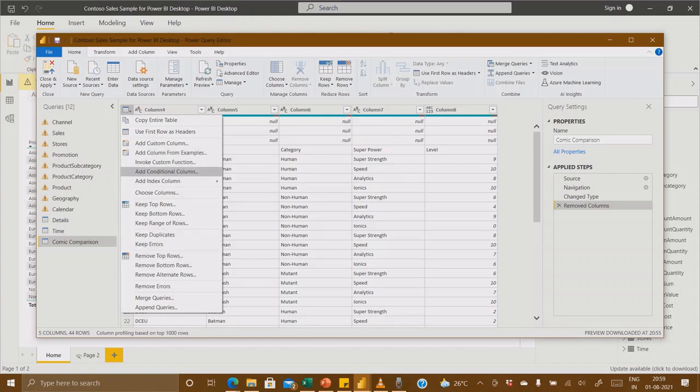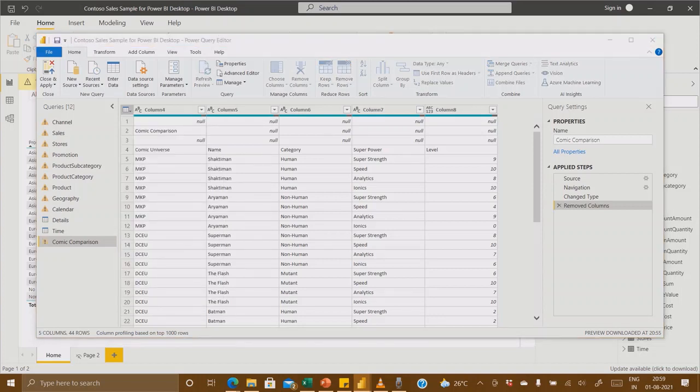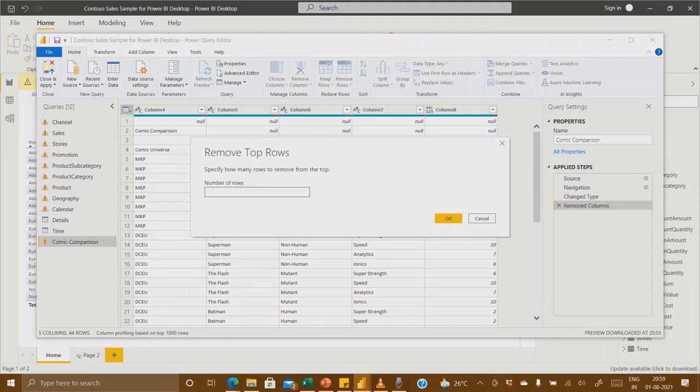So it has some options here. Okay, so basically it says remove top rows, remove bottom rows, remove alternate rows. So I will click on say keep range of rows. I will click on this one, top rows only, for ease.